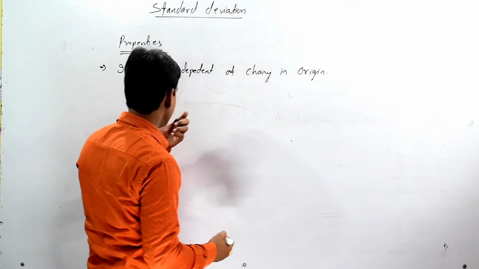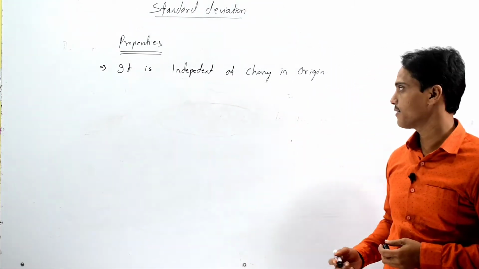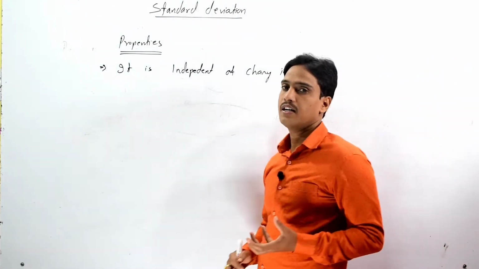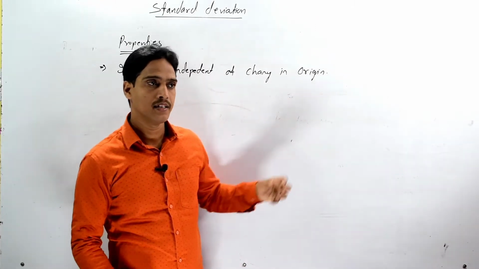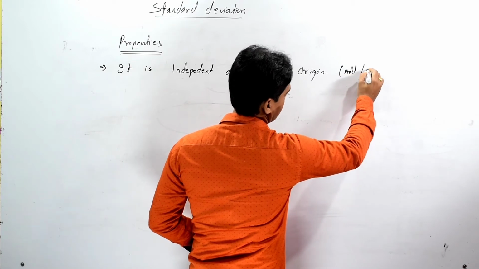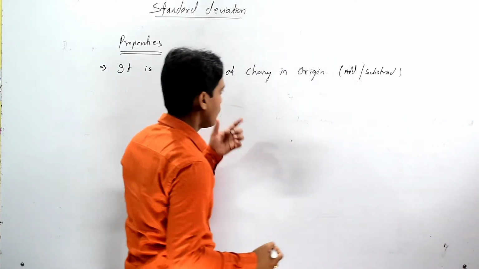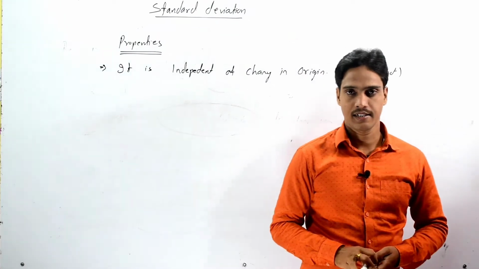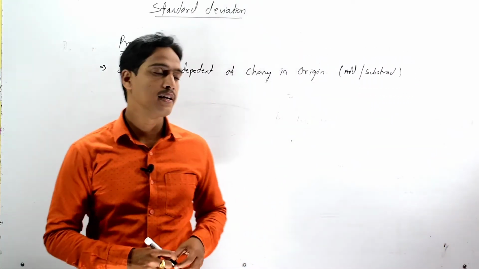That means the value of standard deviation remains unchanged with the change in the variables. That means if we add or subtract a particular constant to the variables of a given distribution,